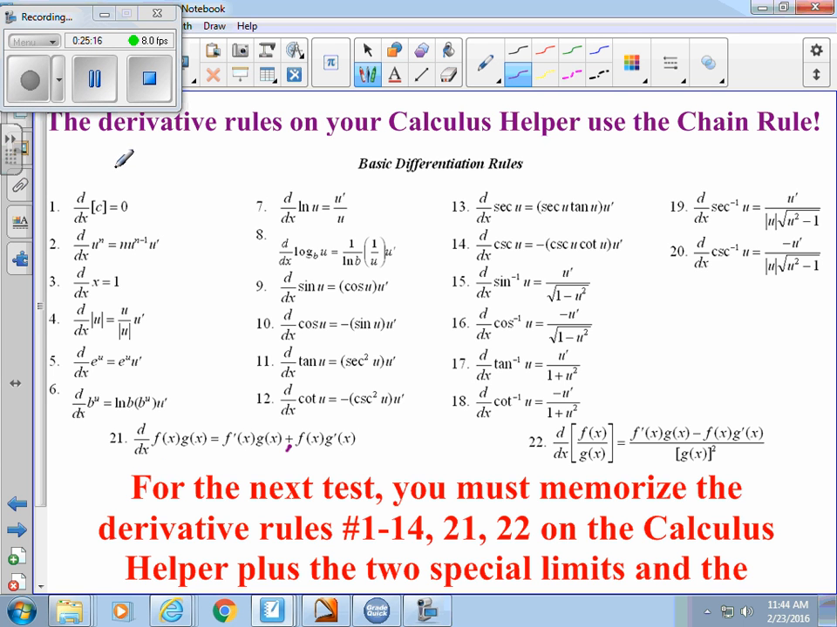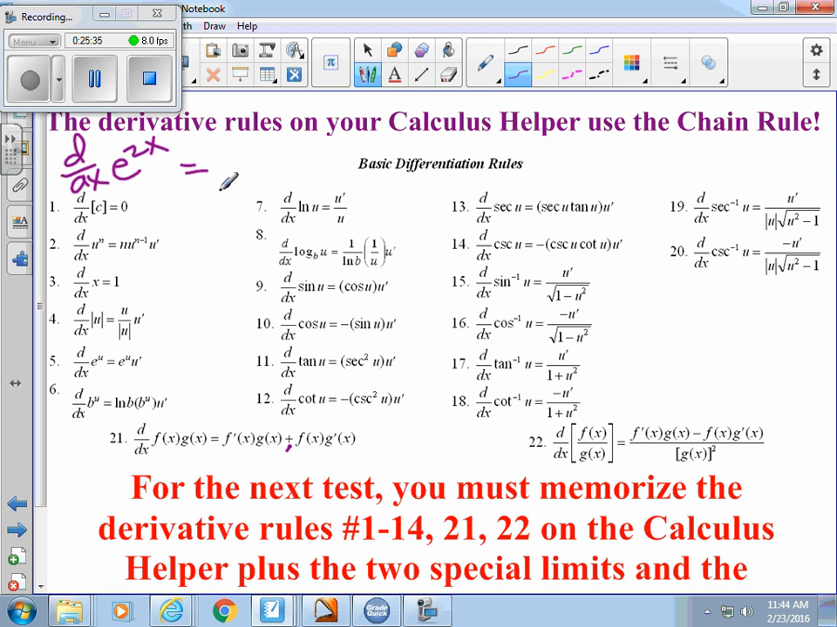So say you have e to the 2x. What is the derivative of that? Well, you learned from the other day that the derivative of e to the x is just e to the x, right? But it's not x, it's 2x. So it's going to be e to the 2x times